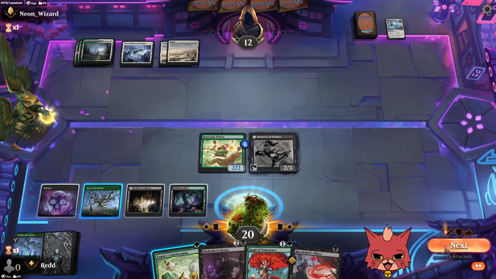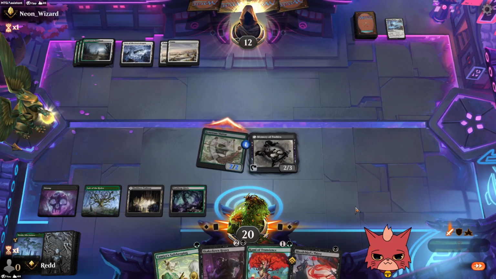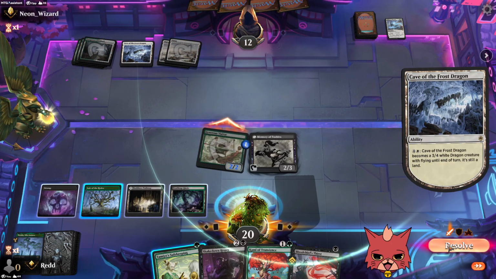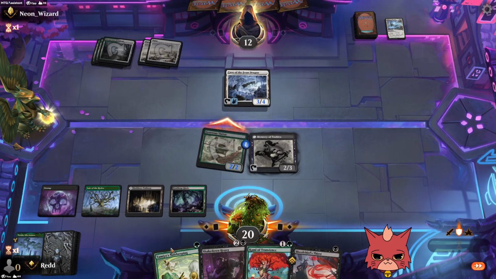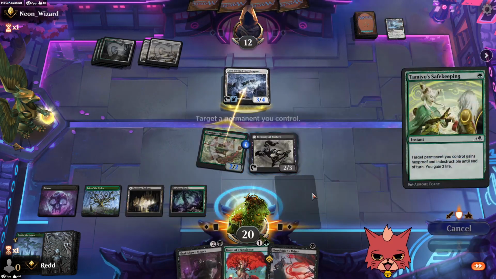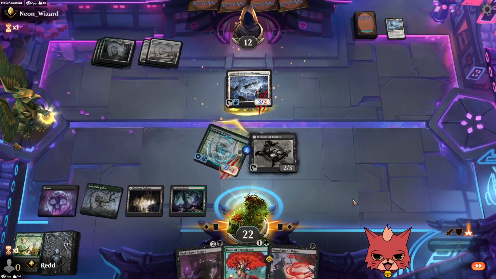I think we swing. We have the Tamiyo Safekeeping to protect the visitor. If we really want to, we can also let the visitor get eaten and then play the Shakedown Heavy this turn, but I don't think that's what we do. So Tamiyo Safekeeping. And then we have the Bloodchief's Thirst to take out